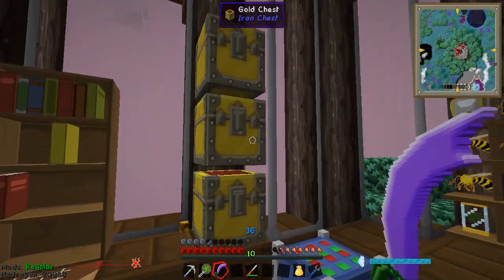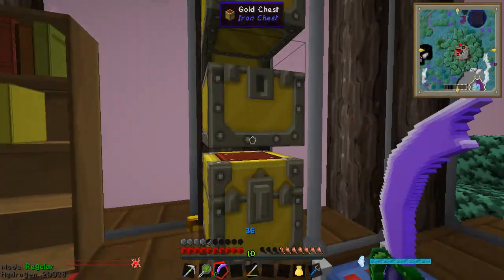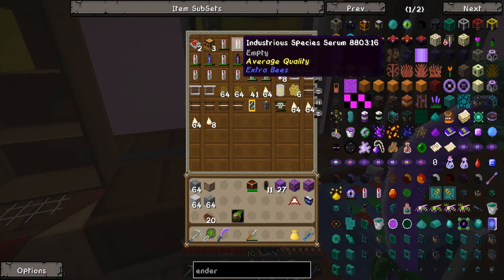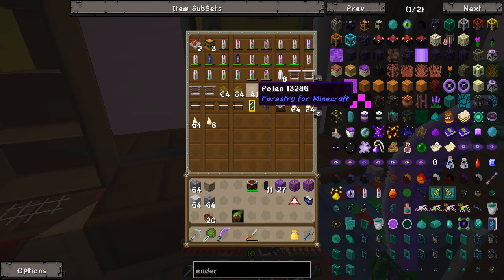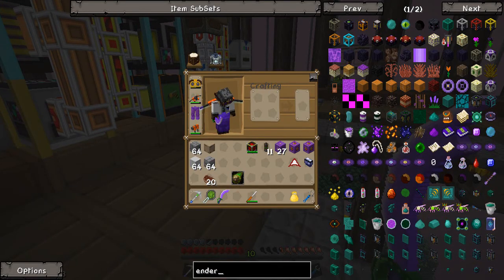But I've got almost 3 stacks, and there's actually more accumulating in the chest up there. Now that combined with the royal jelly I've been collecting, I have 4 stacks of that, and there's a little bit more kicking around. I really shouldn't have auto-sorted this chest. Now my serums are out of order. That is going to allow me to make scented planks. And if you look at scented planks,